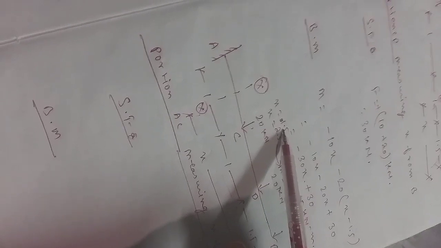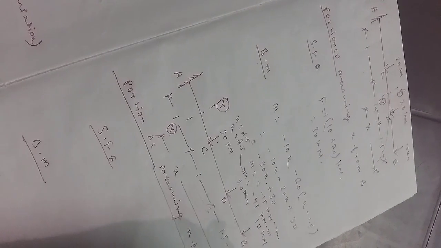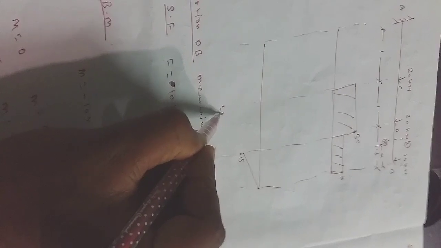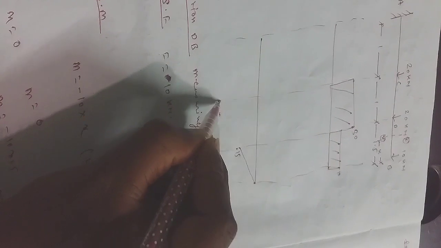So you can see, you can verify the result. This x equal to 1.5, it will be matching your earlier value. See, for portion DB, x equal to 1.5, it is also minus 15. So if it is matching, then your work is going right. So at x equal to 1.5 and at x equal to 2.5, I have found the bending moment. Now just draw this. 15 you have drawn, 45 again it will go downward because minus value has come. Suppose 45 is that much. Again we will be joining this by the straight line.